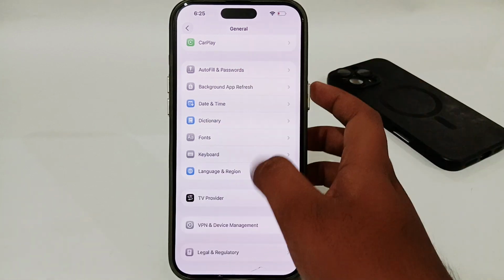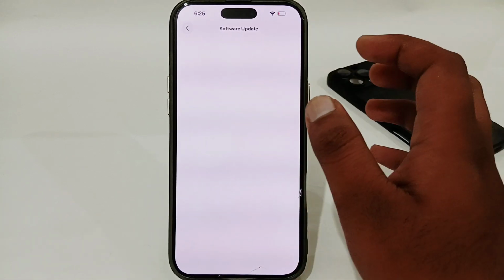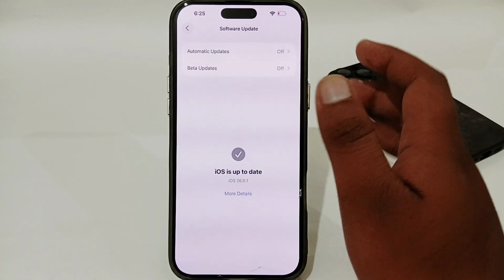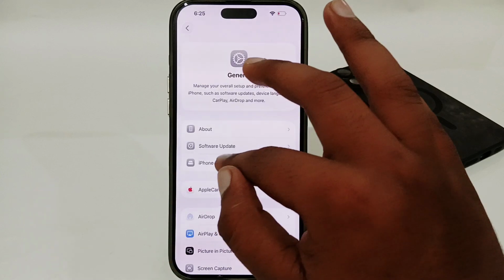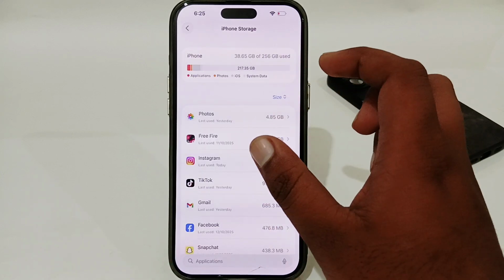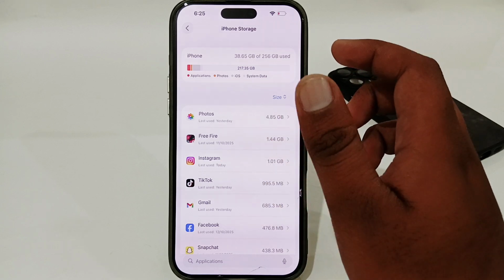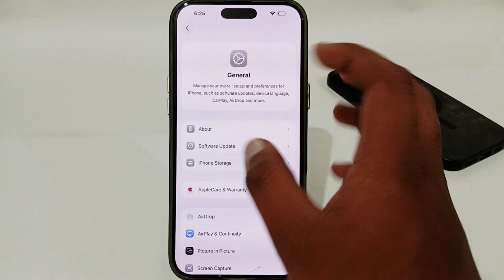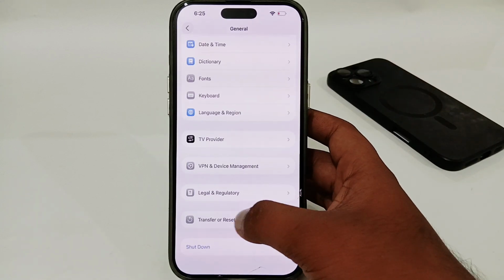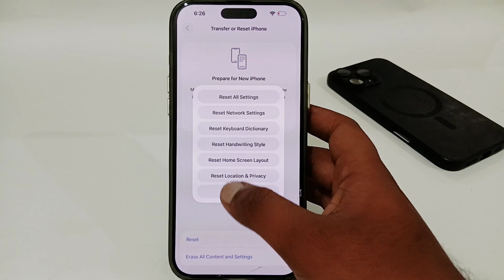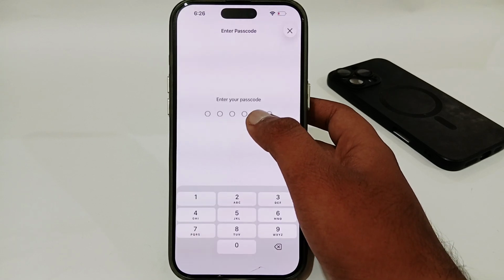If you're still having the same issue, you have to try to update your software and manage your iPhone storage. Here, go to iPhone Storage, and make sure that you have almost 10 GB free to use your iPhone. Then you just have to go back and go to Transfer or Reset iPhone, select Reset Network Settings,